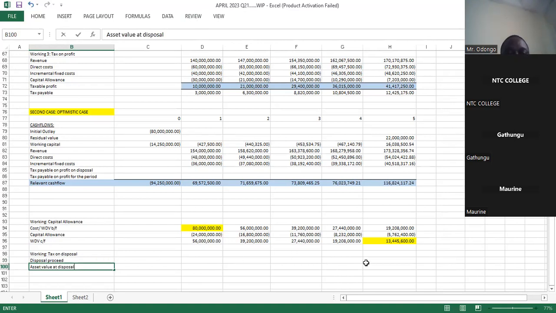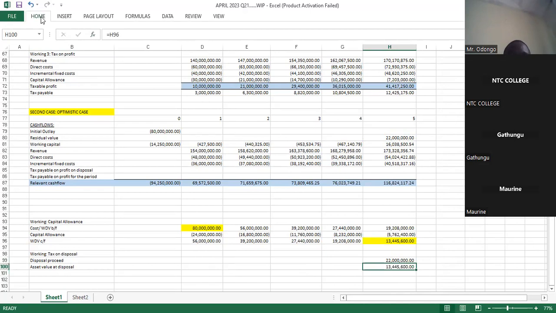Now the disposal proceed is the scrap value, which under the optimistic case, we already adjusted to this figure, this 22 million, the same as the residual value. So we adjusted that to 22 million. So compare that with the asset value at the time of disposal. And the asset value at the time of disposal is this, which we have computed as 13. So that when the two are compared,